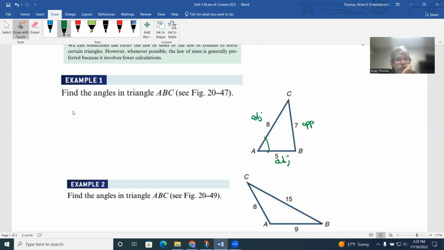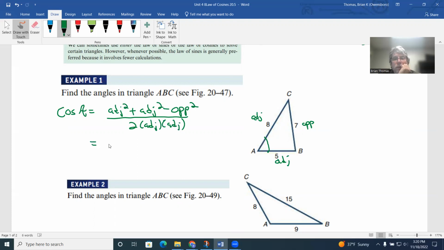So if I use the formula to find the angle, that's going to be the cosine of the angle. The angle is going to be the opposite angle there. So the cosine of A is going to equal the adjacent squared plus the adjacent squared minus the opposite squared, over 2 times the adjacent times the adjacent. So this ends up being the adjacent, 5 squared, plus the other adjacent, 8 squared, minus 7 squared, divided by